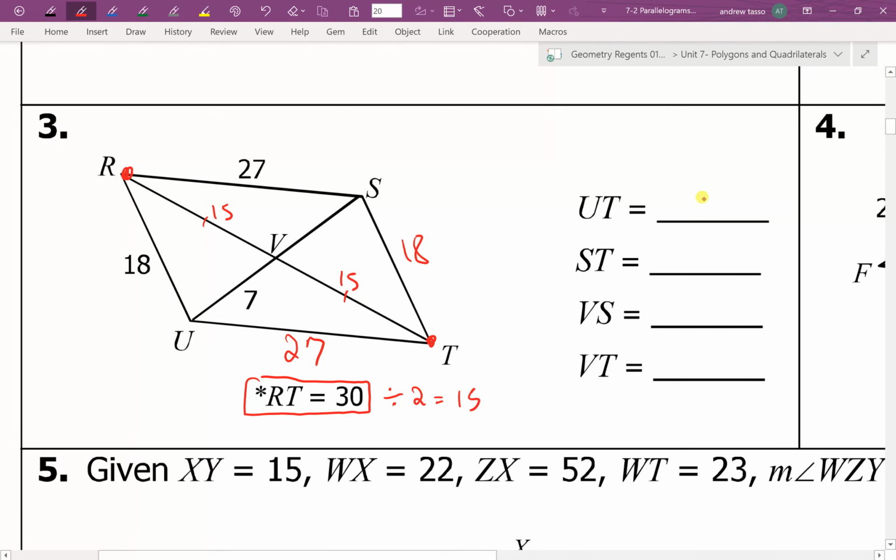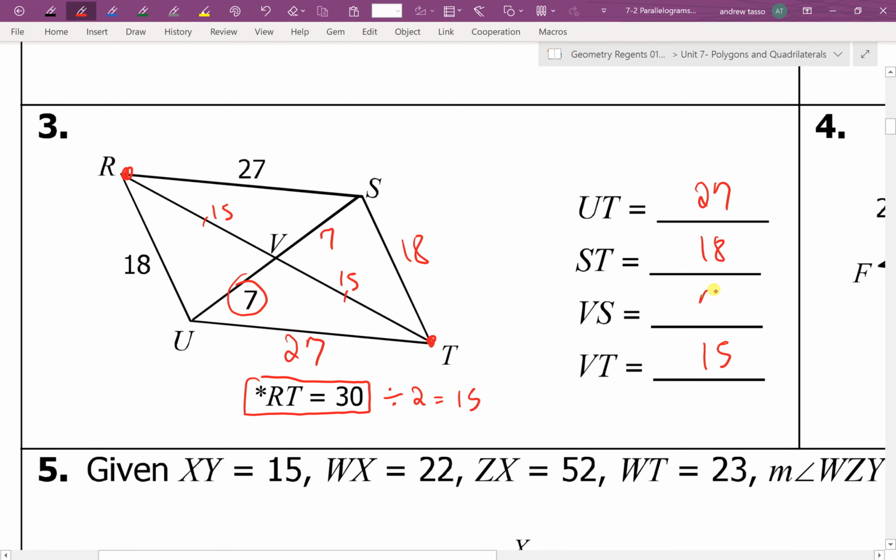So now we can begin to fill in. All right, UT is 27, ST is 18, right? VS, we don't know yet. VT, we know to be 15. Okay? So the next thing to determine is VS, and knowing that this is 7, we can conclude that